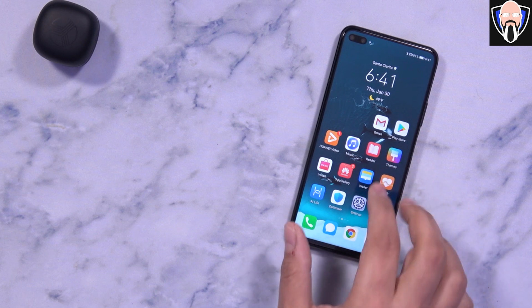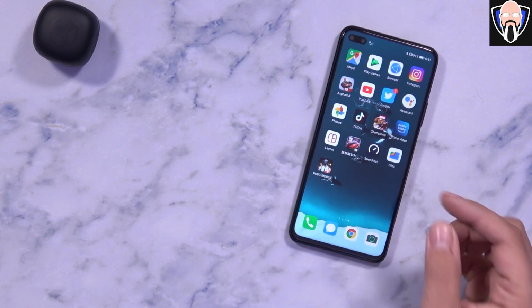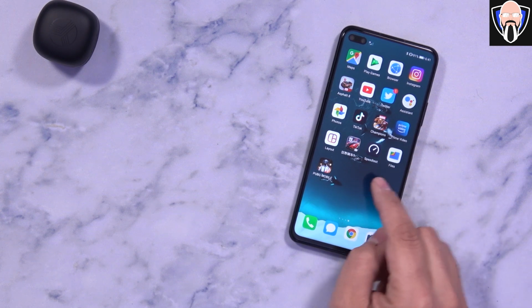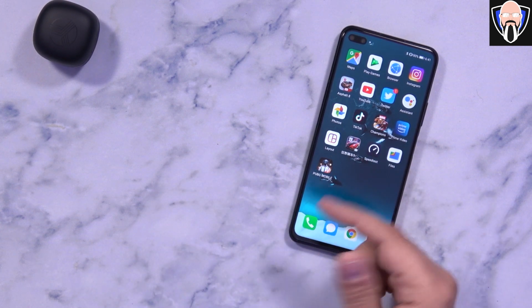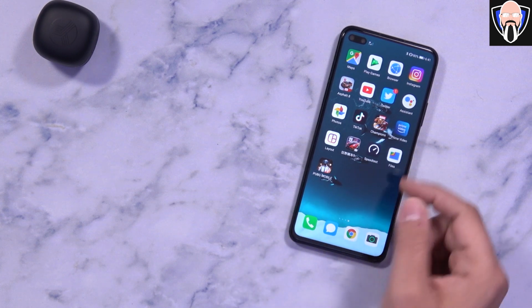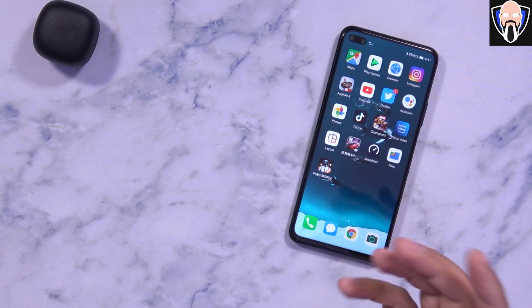As I mentioned again, I do have the Google Play Store as well as some Google Play services installed. So I've installed a few applications. You notice I have the Google Files application, Speed Test, and I did have to install a few games from the app gallery as well as a couple of games directly from the Google Play Store. So we'll have Asphalt 8, Marvel Champions, as well as PUBG, as that's one of